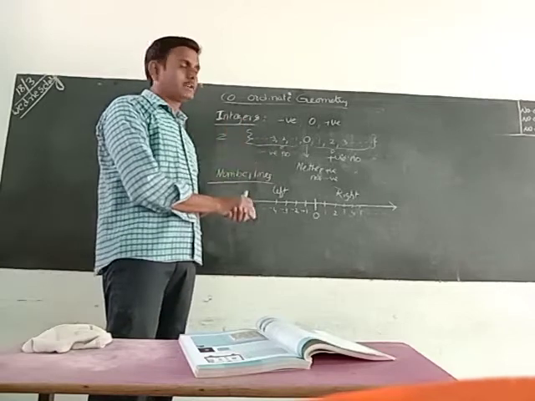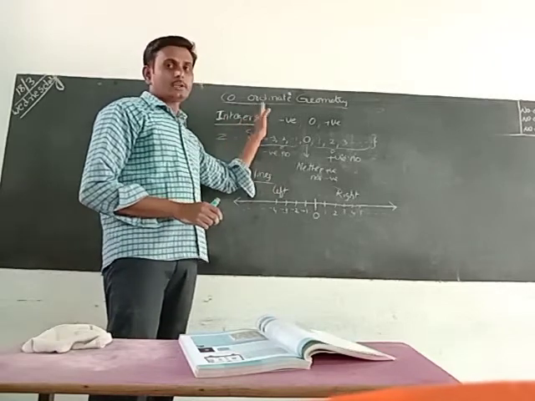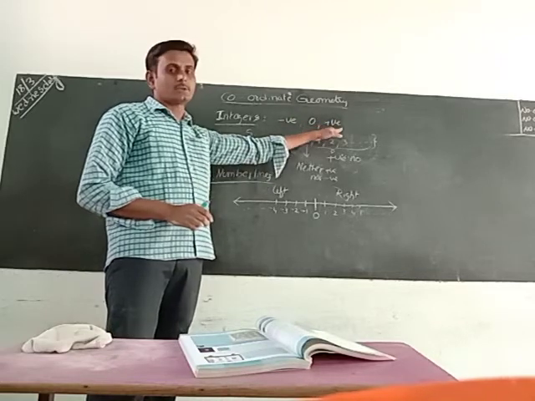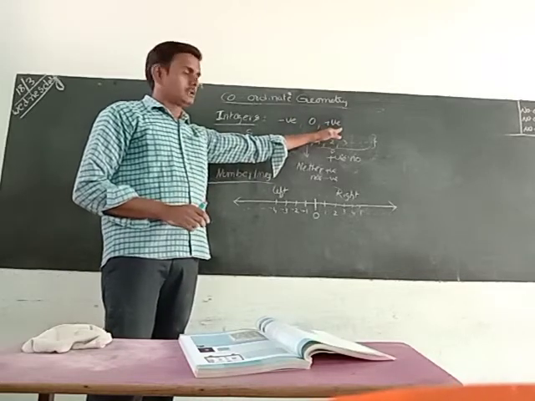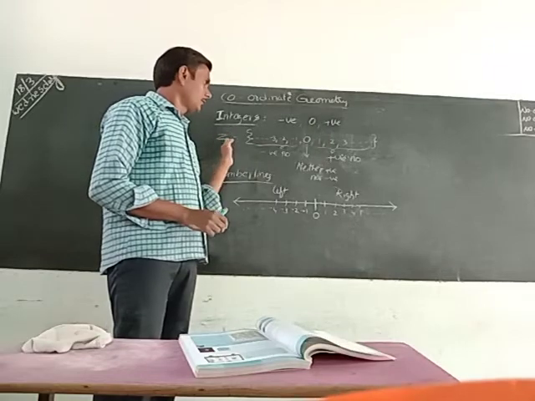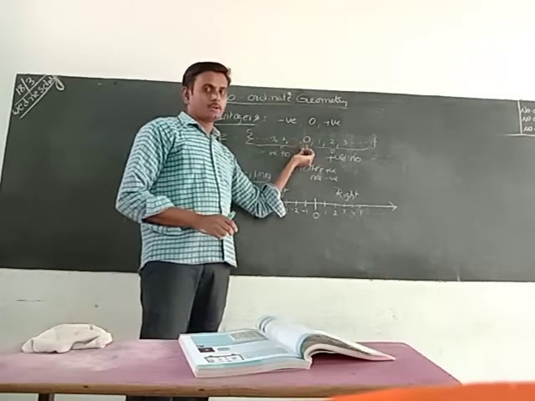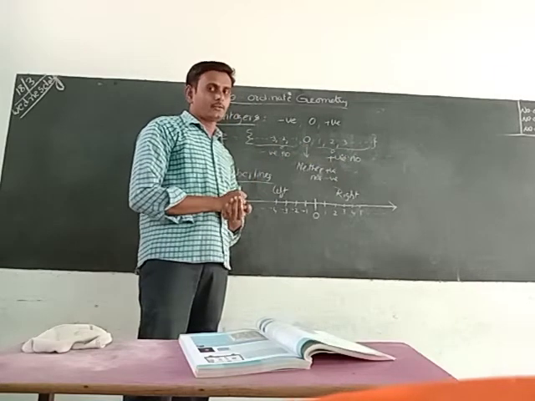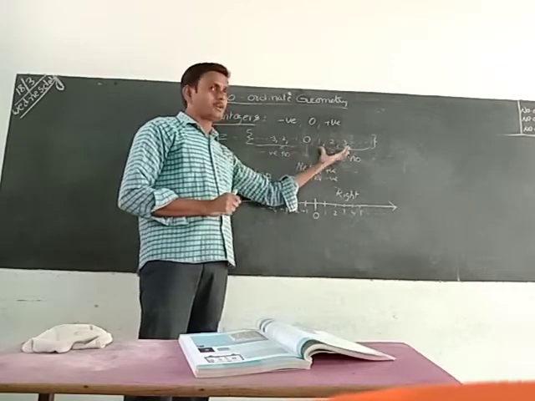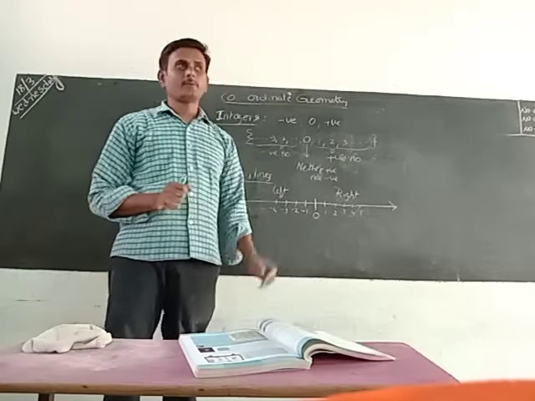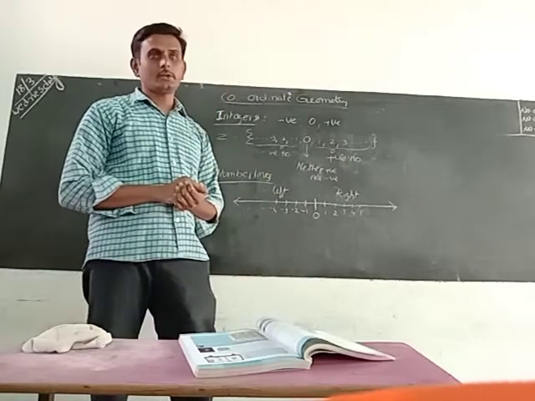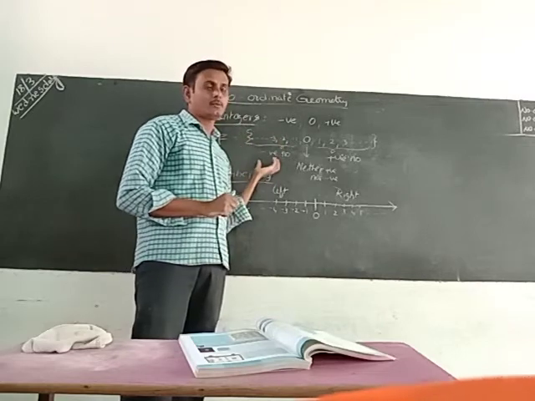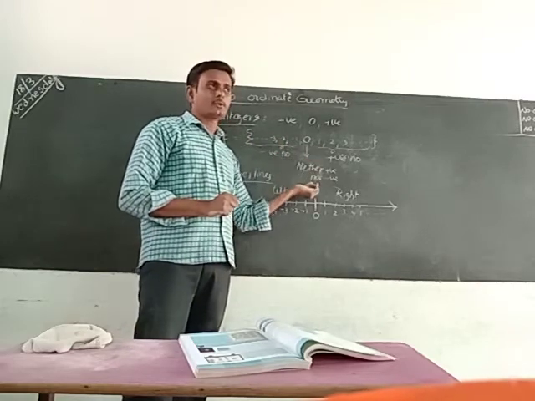What are the numbers available in the integers? Integers means negative numbers, 0 along with positive numbers. While writing the integer group, we will take 0 first, and on the right side of 0 we will write positive numbers, and on the left side we can write negative numbers. 1, 2, 3, 4 and so on are called the positive integers. -1, -2, -3 and so on are called the negative integers. 0 is the neutral position.